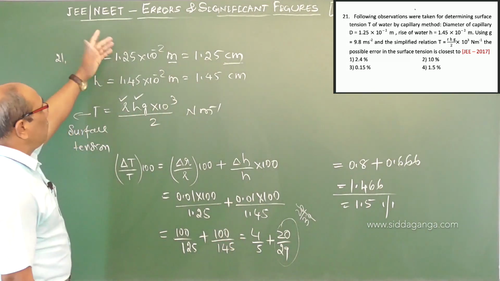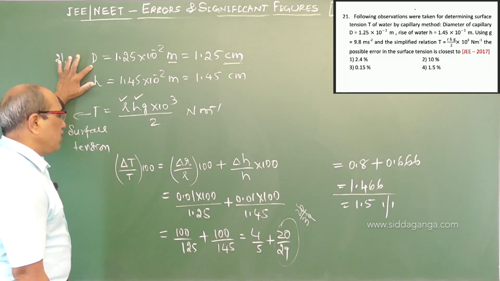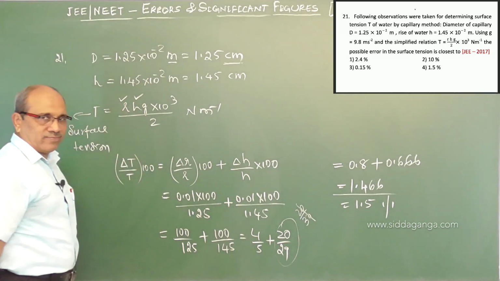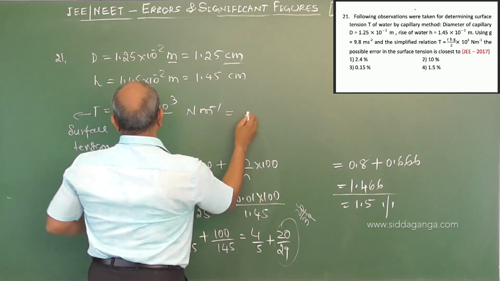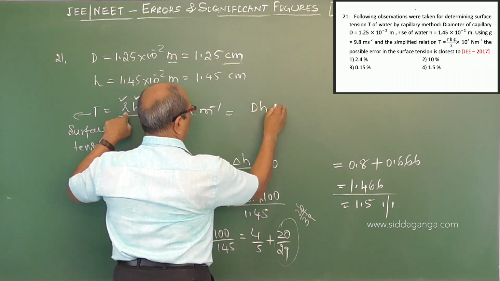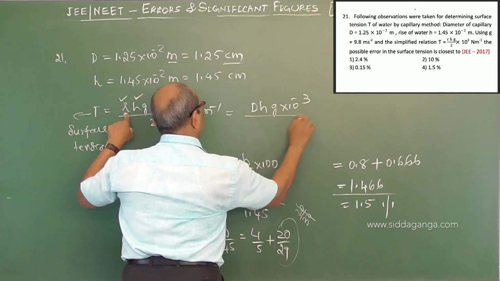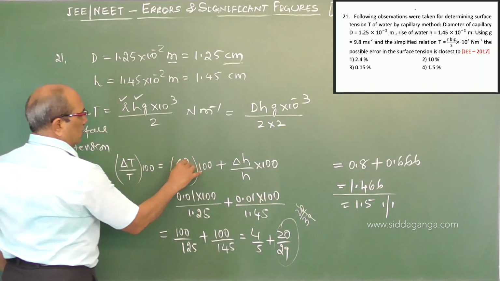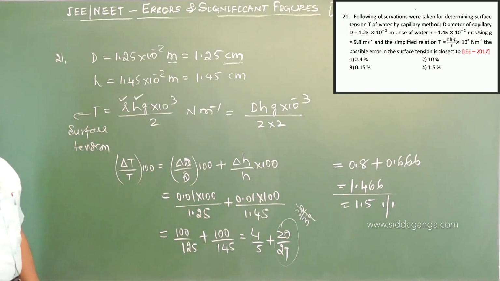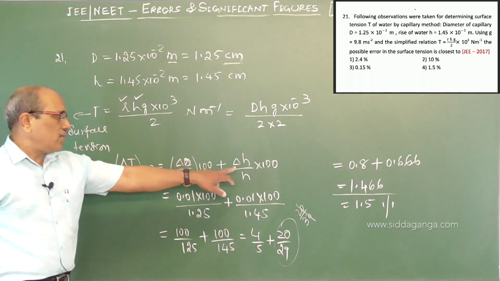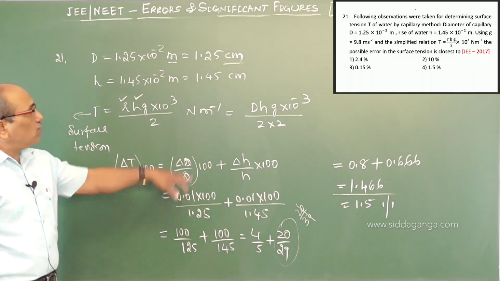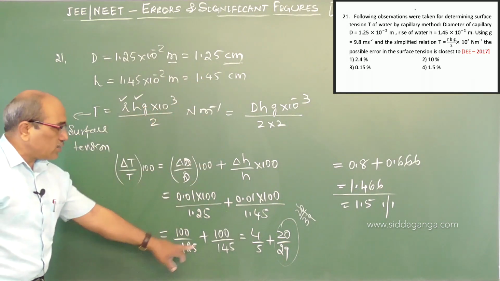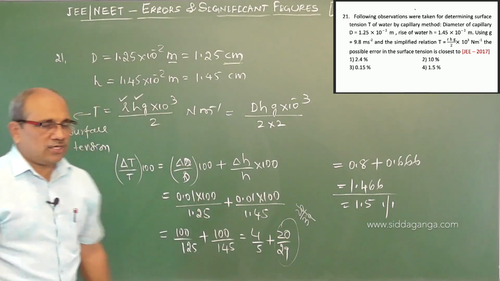Diameter or radius, here if I have to divide, nothing will affect the ratio, because this radius is given. If you want to write in terms of diameter, r is d by 2, we can take the same formula. Don't get confused, I have not used diameter here. I can write it in this form, it does not affect, d by 2 is radius. Instead of r, you can use d and substitute. The answer is the same. So diameter and height. Here this 0.01 is taken because 2 digits after the decimal point are preferred, least count is 0.01, and simplification gives the answer 1.5%.